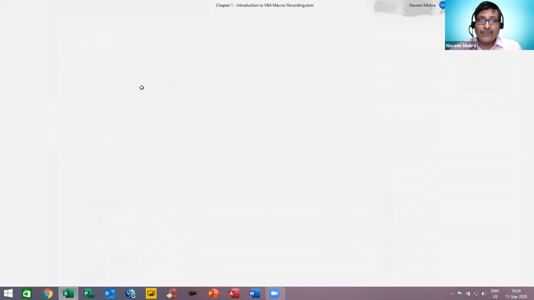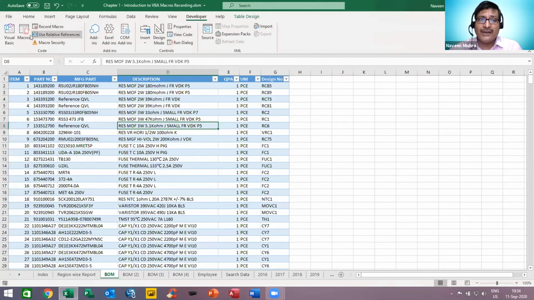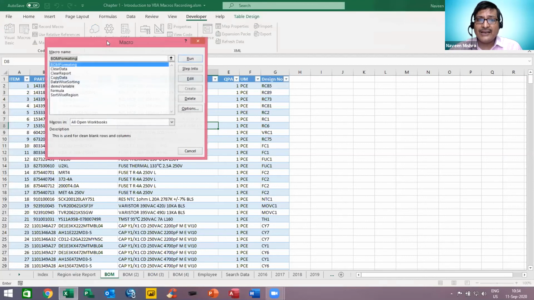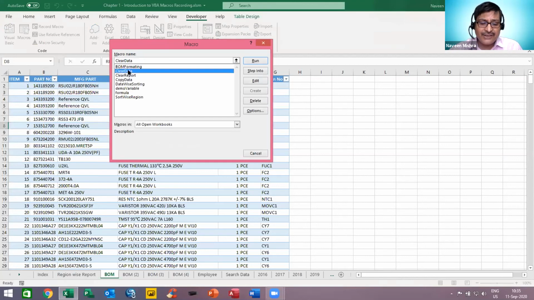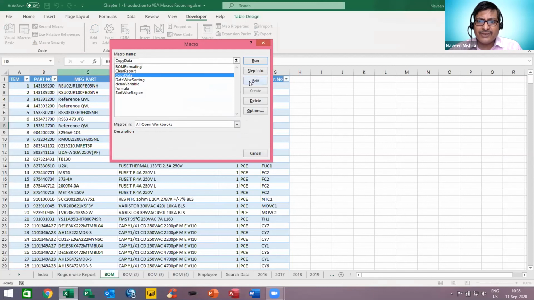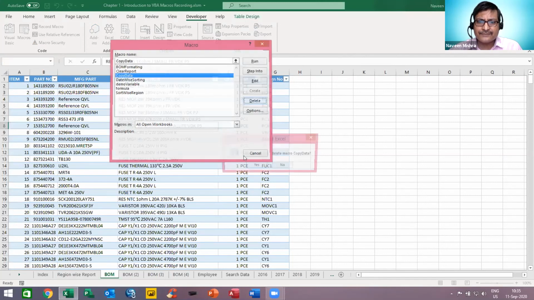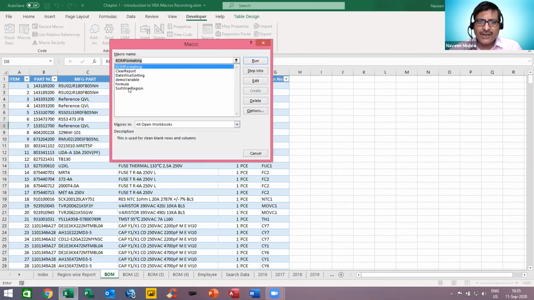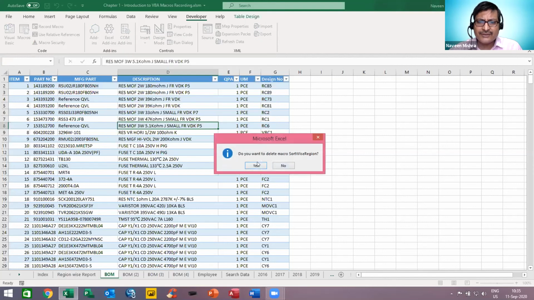So now I will go to the developer. I'll click on the macro, and here let me delete all the macros first. Just delete. Let me delete again. This again I want to delete.